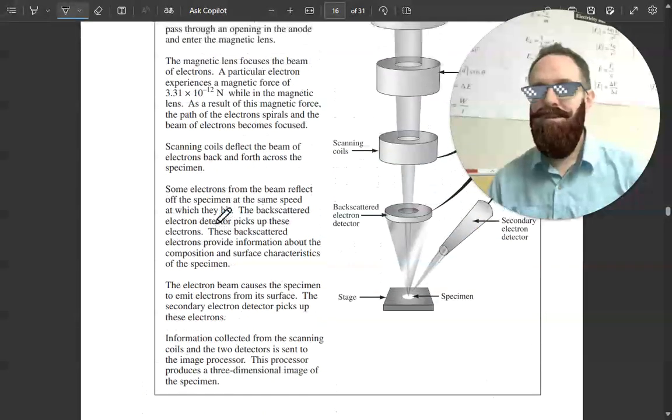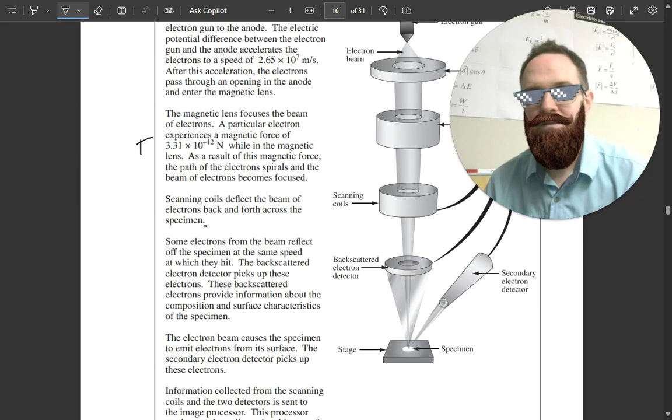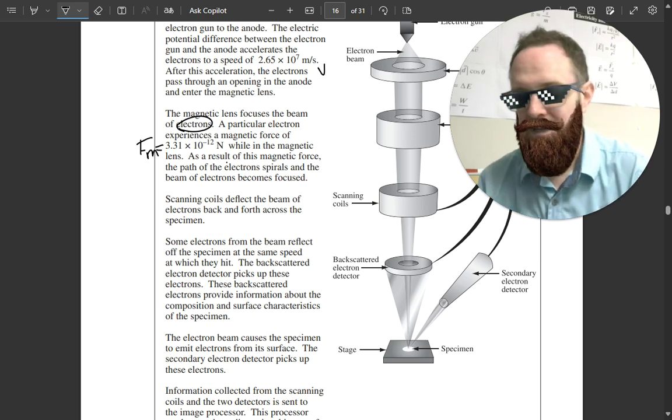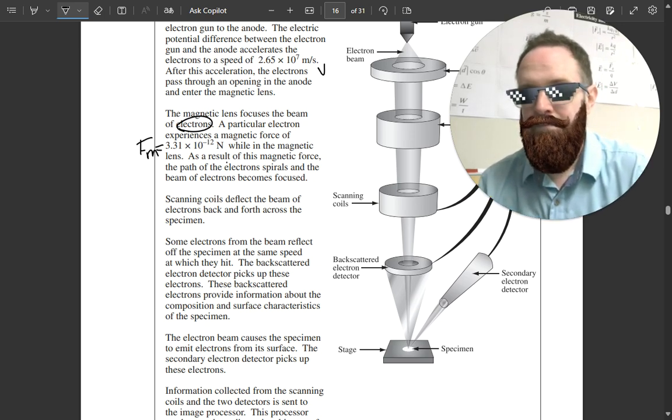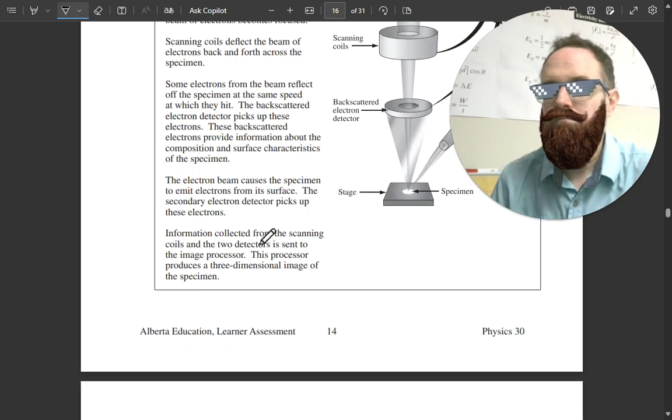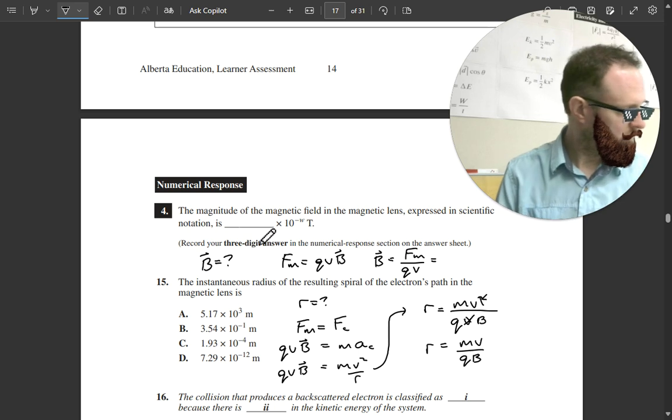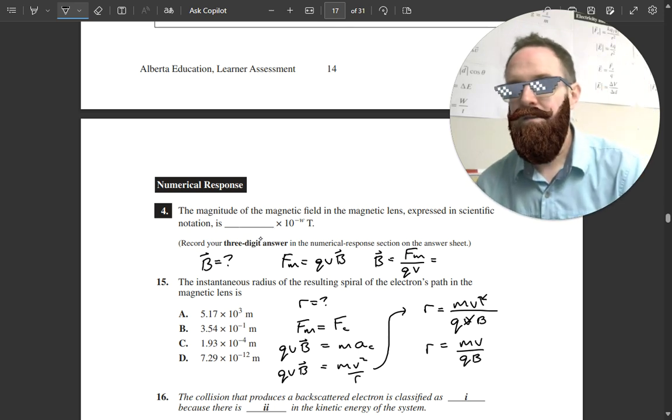So here's my Fm. I'm just going to label it right on the picture. This here is my speed. Right. And we're talking about electrons. I think somewhere in here is about electrons. Here's electrons. So we know the charge of an electron. Okay. So I'll take my Fm divided by q and the v. Yep. Okay, so what I get here is